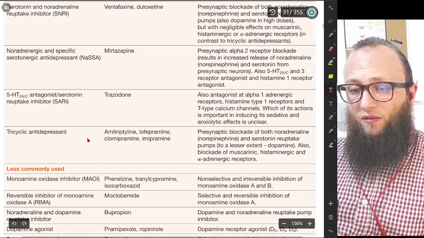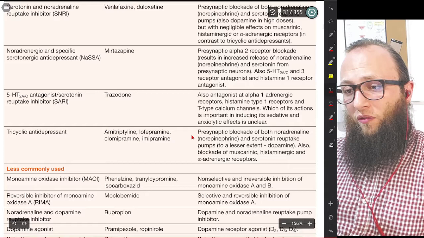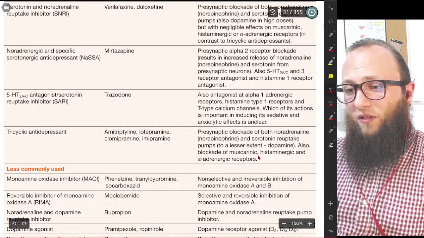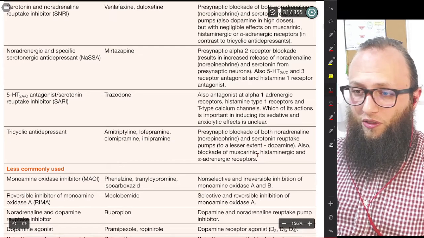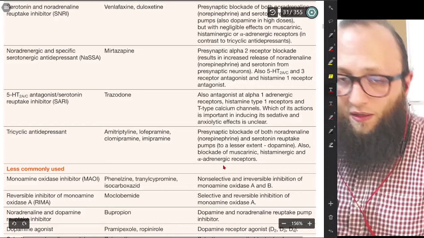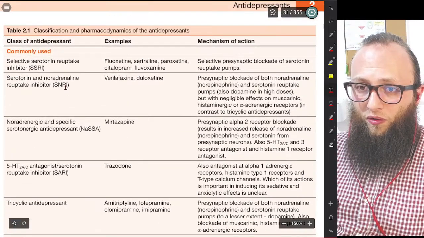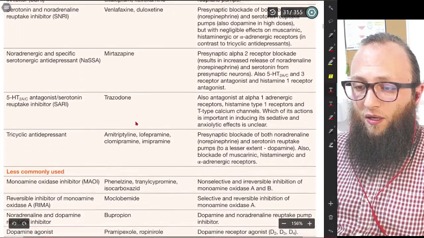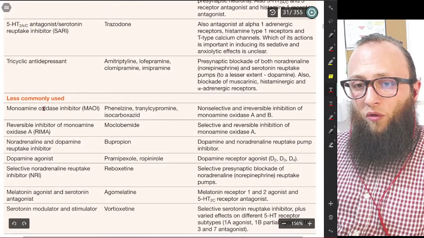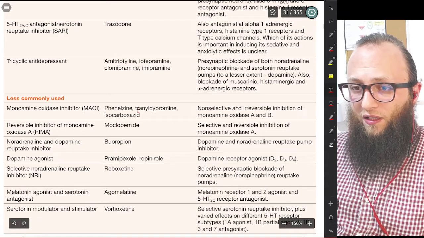Tricyclic antidepressants like amitriptyline, lofepramine, clomipramine, imipramine work on presynaptic blockage of both noradrenaline and serotonin. We've talked about that, but they also have a lot of blockage effect on muscarinic, histaminergic, and alpha-adrenergic receptors. That's why we have a lot of side effects in comparison with SNRIs, but we can use these side effects sometimes. We have less commonly used medications, at least nowadays, like MAO inhibitors such as phenelzine and